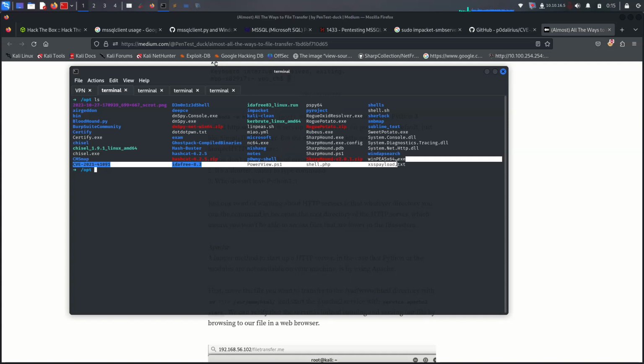We can use the Winpeas exe file, and certify.exe. I loaded Certify, but we don't know if it works. There were too many things here. Anyway,